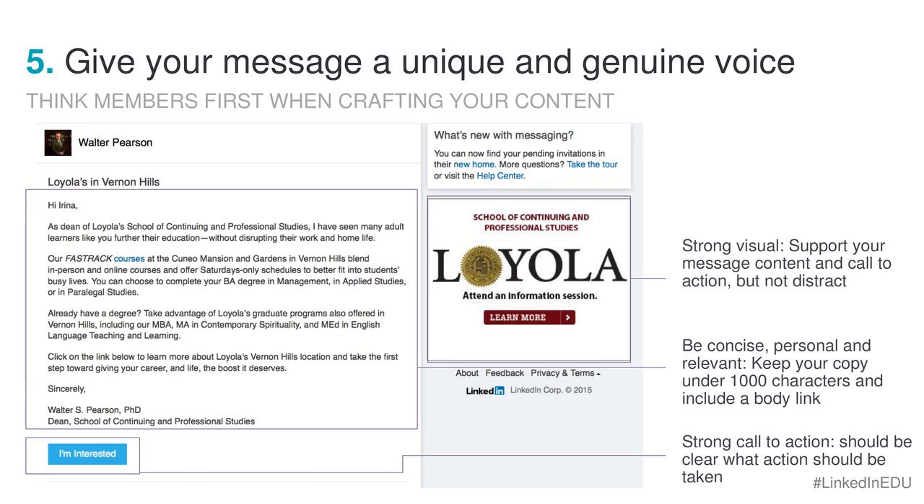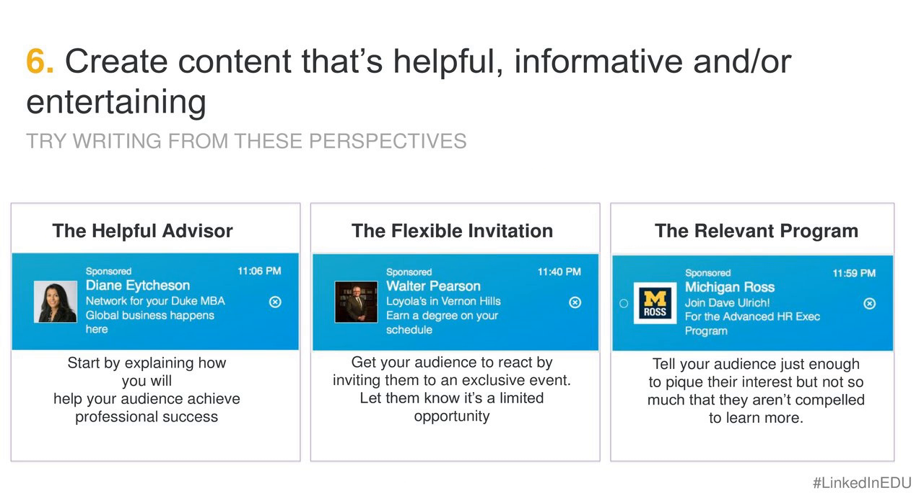And some of the tips for the different versions of Sponsor Mail that you can have is the helpful advisor, helping explain how the particular audience will achieve success with this program. Invitations work fantastic. Open houses, webinar presentations, any kind of online events. Sponsor Mail is fantastic for events. And then your traditional relevant program Sponsor Mail, similar to the one that I showed you from the